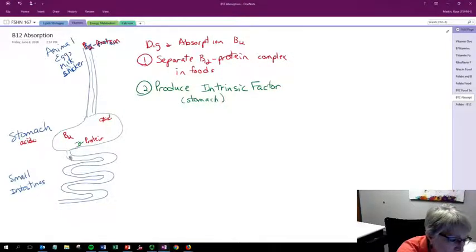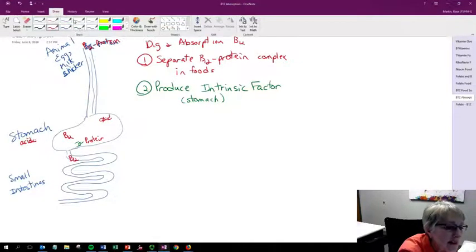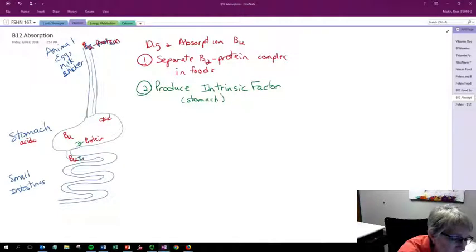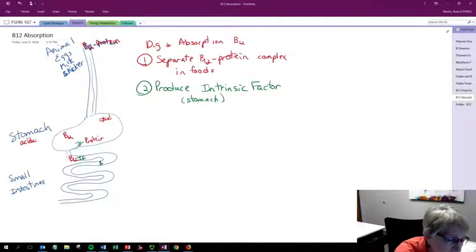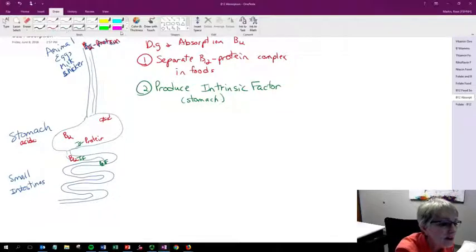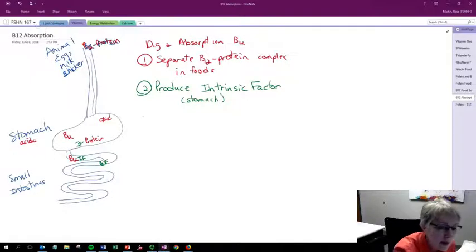Once we get those both down here, B12 is going to link with that intrinsic factor. So now we have this new complex, B12 intrinsic factor. That is going to be identified at that GI tract level. And then what we can do is, the small intestines, okay, so this is the small intestines,